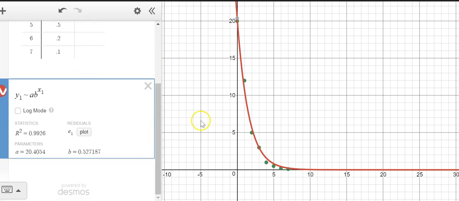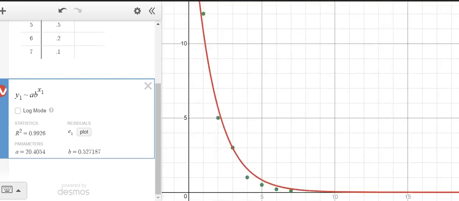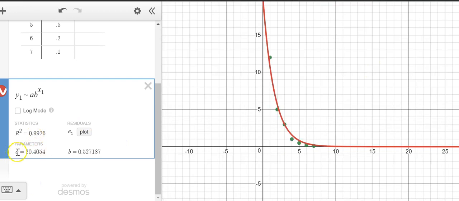And if I look down here, well, first if we look over at the graph, you can see this red line is pretty much going through, if not close to, all of our green points. And I'm just following along here so I can find it at different values. But it also shows me here, oops, I'll zoom out of that. It shows me over here what those parameters would be. So if I want to create a function that models the points that I plugged in, my initial value, which is my a, would be 20.4054. And then my growth factor, or in this case my decay factor, since it's getting smaller each time, would be